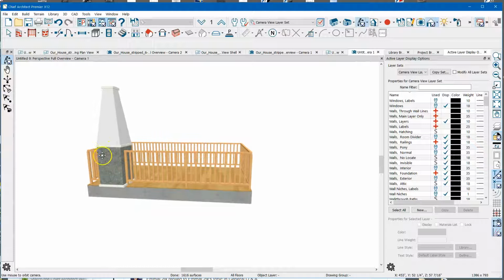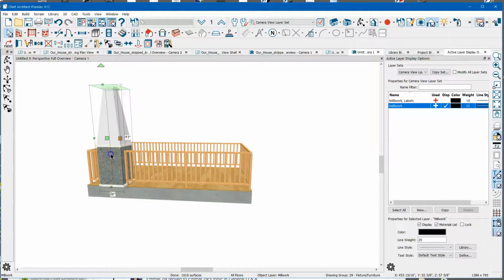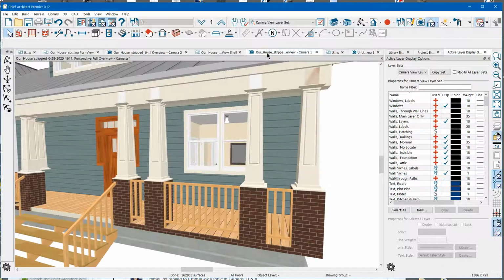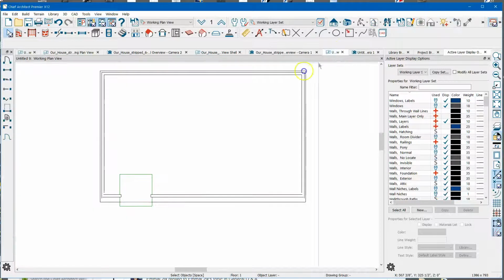And here's a column. This is just a column from the library, but you can see it's all one piece, so I can move it around as one piece. And you can see that I've done what you did. I've run the railing up to the edge of the column, which is what you show over here. And the way I did that